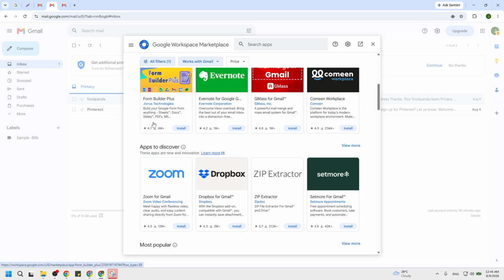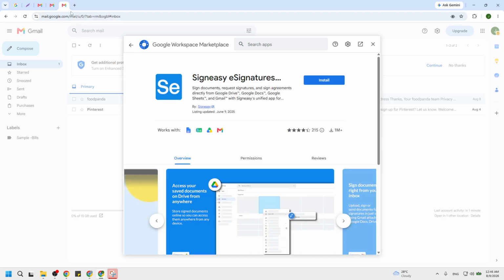After that, click on the extension, then click Install. When you click the extension card, a detailed page opens with screenshots and more info. Look for the Install button near the top and click it once. A confirmation box appears that explains what the extension can access in your Gmail account. Grant the necessary permissions to link the tool to your Gmail account by clicking Allow.